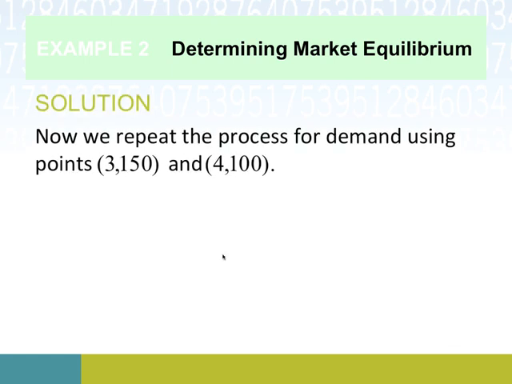Now we know the same set of information about demand. We have to extract this from the words like we did before, but it's still possible to work this out just by snagging English and turning it into math, in this case, turning it into points. When the Frappuccinos cost $3, consumers were willing to get 150 of them. When it went up to 4, some of these people got discouraged, so when charging $4, the demand went down